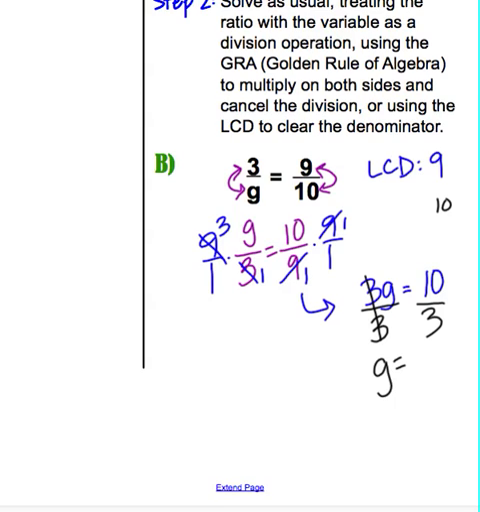But I want to take my 10 thirds and turn it into a mixed number. 3 goes into 10 3 times, which is 9. 10 minus 9 is 1, so I've got that remainder 1, which means that my mixed number is 3 and 1